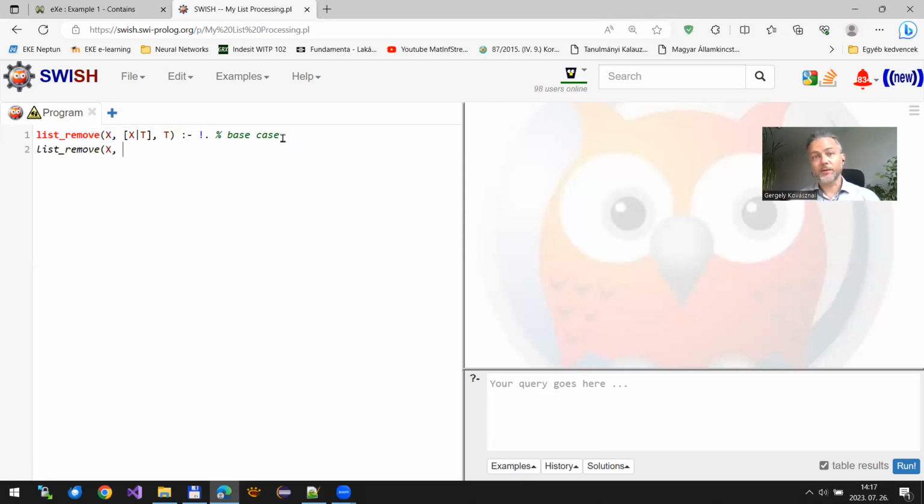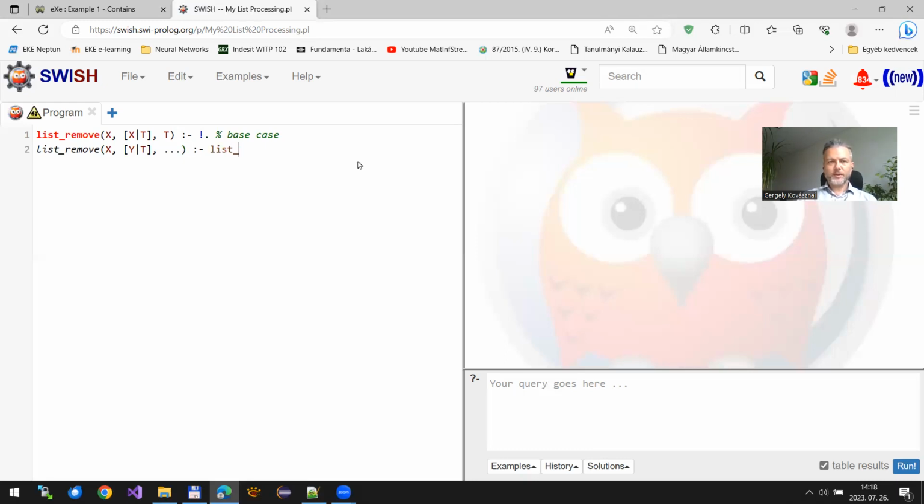Of course, we need a recursive rule, because if we cannot find X at the very beginning of the list, then we have to keep searching for it in the tail of the list. So the next case is when the head of the list is something completely different from X, and I will check out X in the tail of the list, and finally I will return some output list which I don't know yet what it will be.